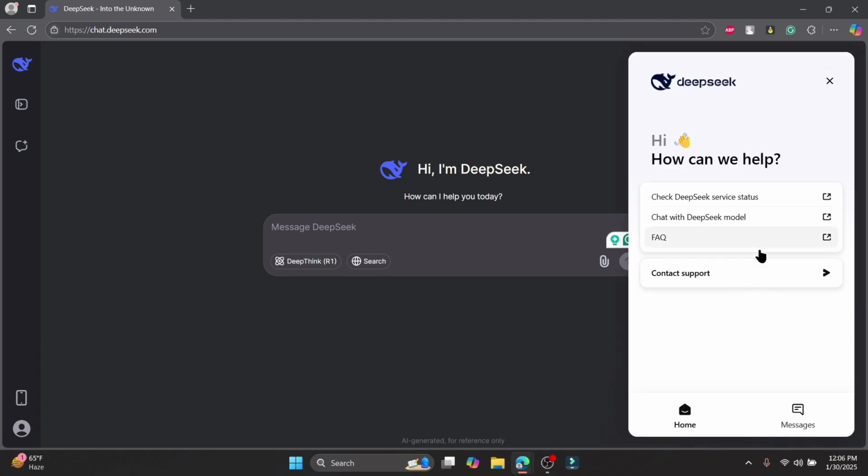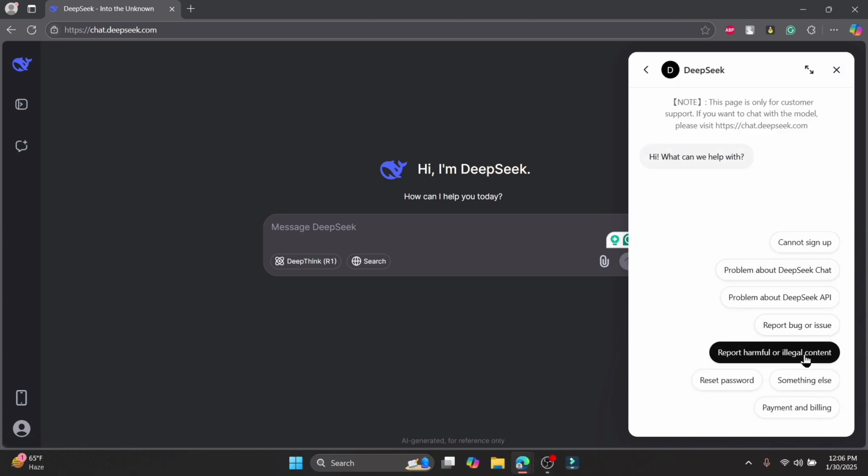On the right-hand side will pop up this option. Now you can see all of these articles like DeepSeek service status, DeepSeek model, and FAQs. If you want to directly contact support, just go ahead and tap on it and you can see all of these problems. So if you have any kind of problem in cannot signing up, reset password, and all of these,